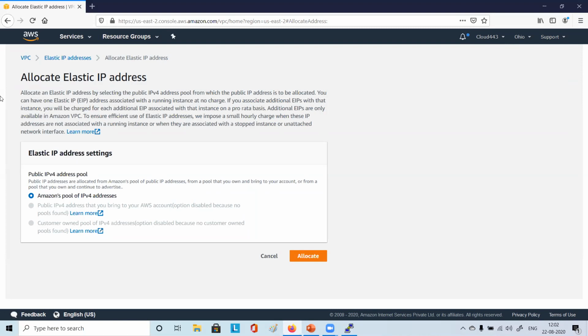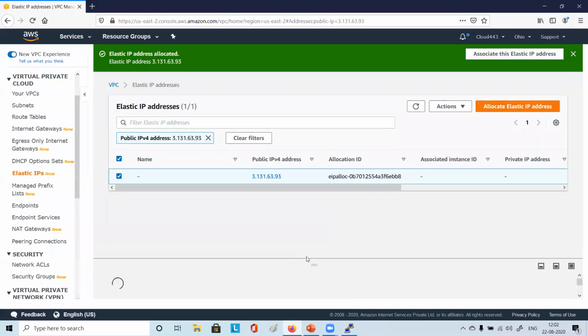Say if any organization has their own pool of IP addresses, they can choose from their own set of IP addresses. In this case, Amazon's pool of IPv4 addresses is fine for us. Simply click on allocate, right? And you see it is allocated. It is so quick. You got one IP. What is your series starting with? 3 only or something else?